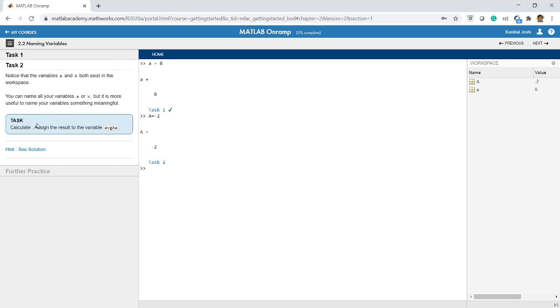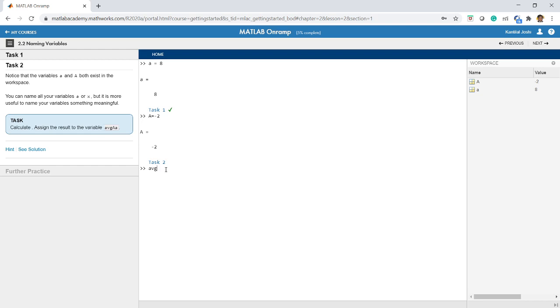What is to be calculated is not mentioned here, so let us go through it. I think they are asking us to calculate the average of both the variables, and we want to assign that to the variable AVG capital A small a. So how will you do that?